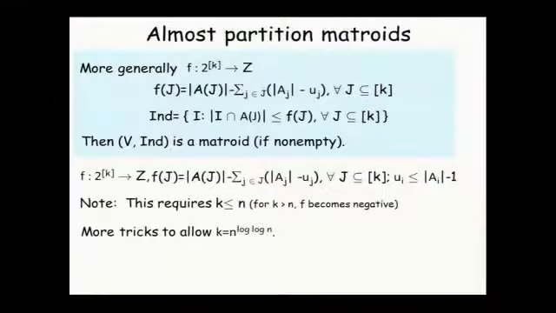And actually, even this only leads us partway through, because this construction requires that k is smaller than or equal to n. Because when k becomes greater than n, then this function f becomes negative, and so the family becomes empty. So we had to do other tricks to allow k to be super polynomial. I'm happy to talk about that offline, as the actual details are fairly complicated. At a high level, what we had to do is truncate the function f in a way that ensures that we can get rid of some of the constraints.